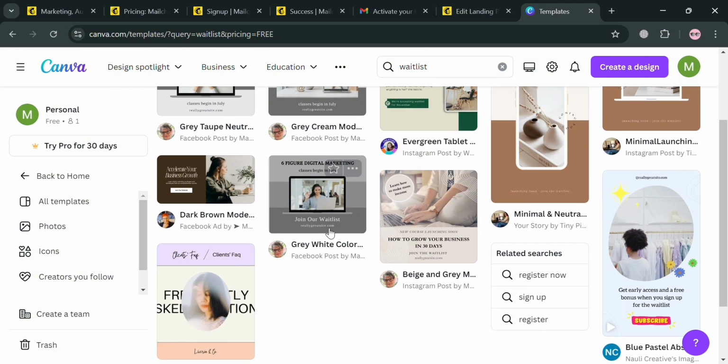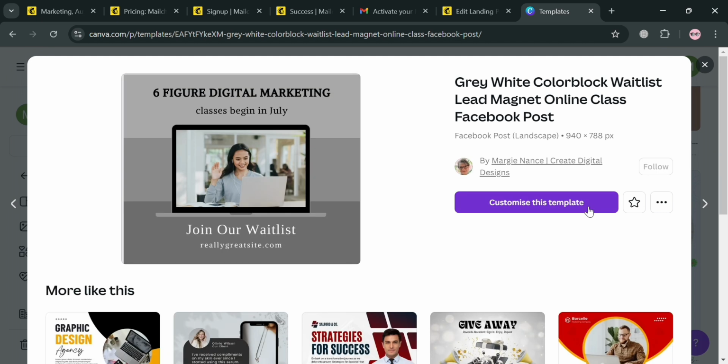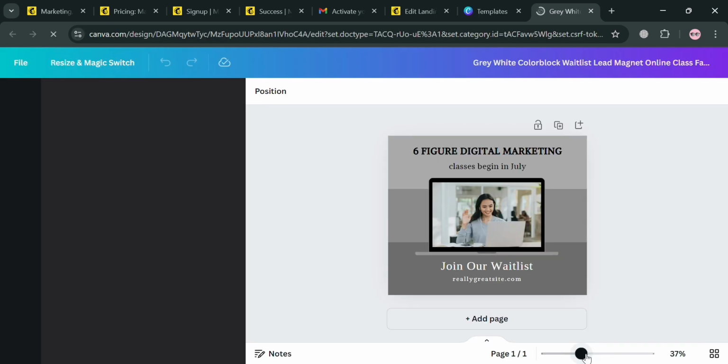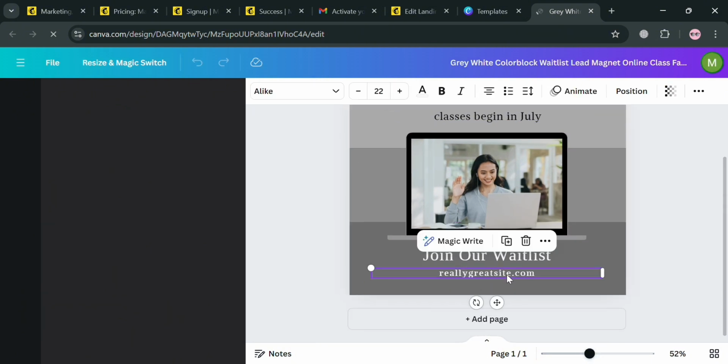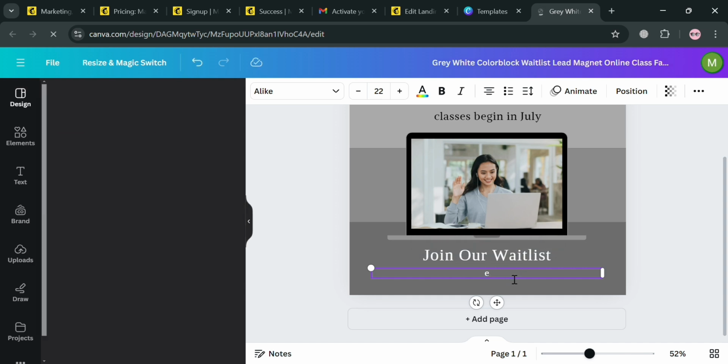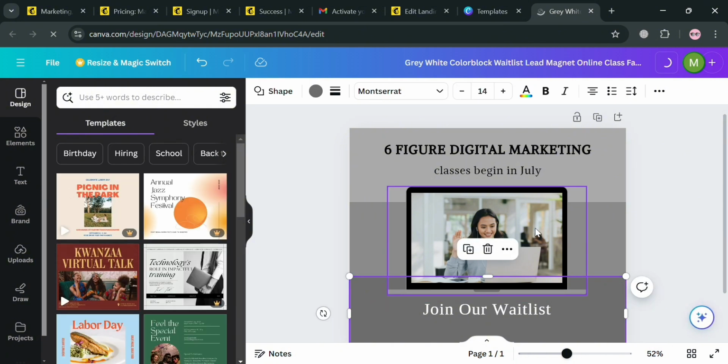So kindly click on it, and after that on this pop-up window, just proceed by clicking this customize this template button to proceed. Then you will automatically be directed in here, where you can start customizing all of this content, including the text of it, the images it contains, and even the background, and also the layout of it. You can even delete some of the content you can see in here, or customize depending on your preferences, and